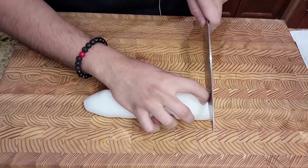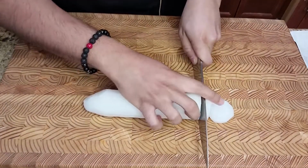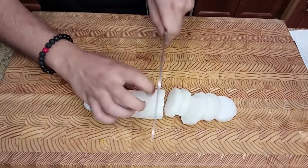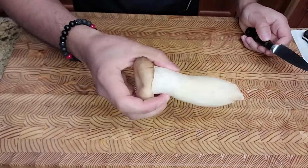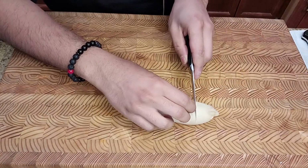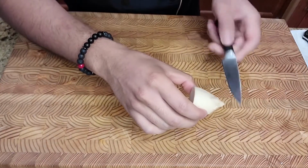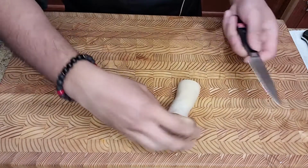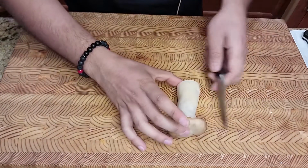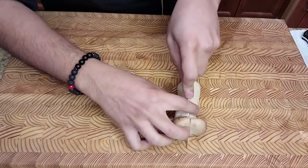Next I'm going to cut up some moo radish to around the same thickness as I cut the tofu. Next I have a king mushroom, and I'm just gonna cut off the roots. Now I know I cut a little more than the root here. I'm not gonna throw this away. I'm still gonna use it, but just for presentation purposes and the size of my bowl, I just want it to have a nice shape and length. So all I'm gonna do is cut this in half,